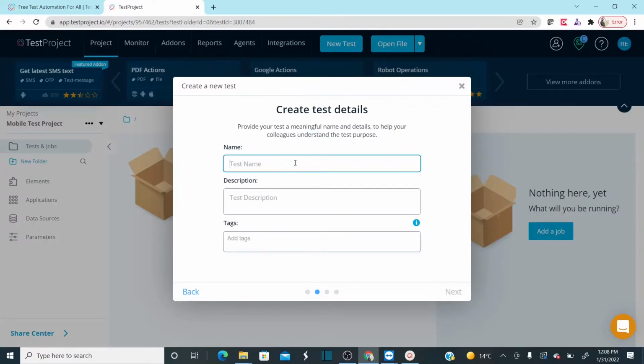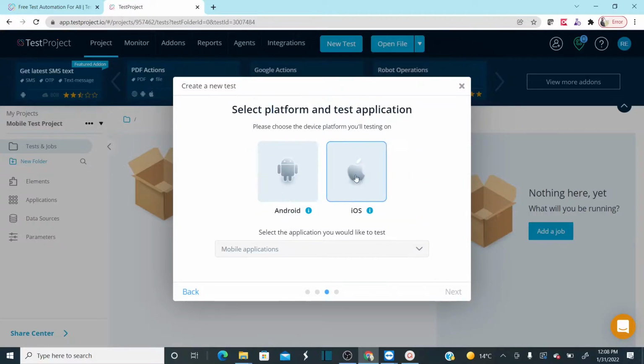Let's provide the test name. Okay, mobile test yellow page search. Okay, yellow page search. I'm just naming it as that. You can just name it as relevant to your project. Click on next. As soon as you click on next, now you need to select what is the